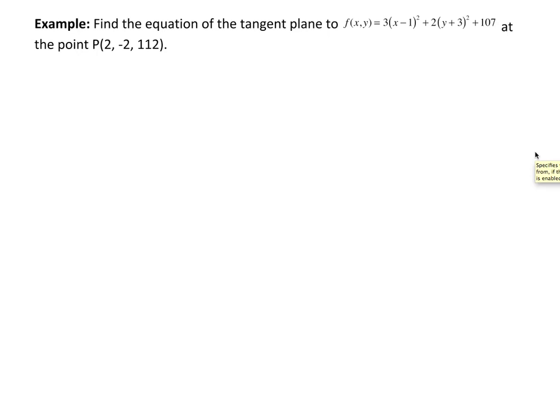Let's find the equation of the tangent plane to the function f of x, y equals 3 times the quantity x minus 1 squared plus 2 times the quantity y plus 3 squared plus 107 at the point P, which is 2, negative 2, 112. Well, the first thing I'm going to do is look for my partials